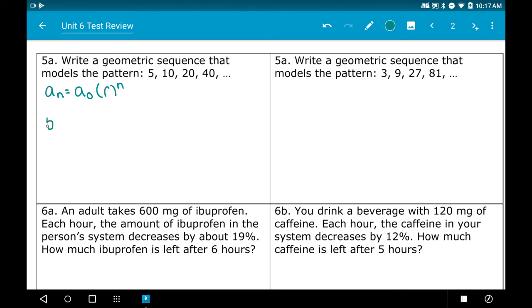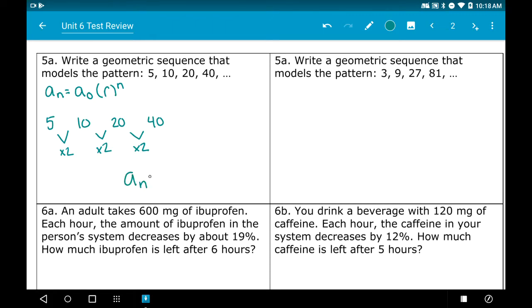So if we look here, we have 5, 10, 20, 40. So we need to figure out what are we multiplying by each time to get to the next number. So it's going to be times 2, times 2, times 2. So that tells us that our common ratio here is going to be a 2,